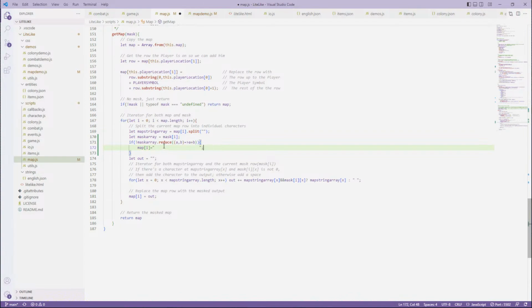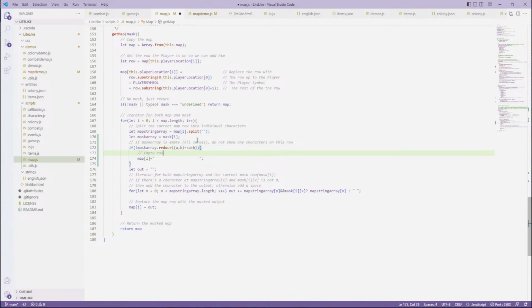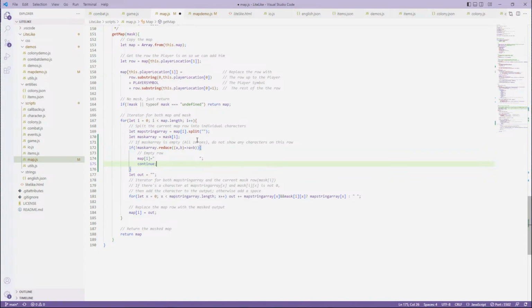So in this case, if mask array is empty, all zeros, do not show any characters on this row, empty row, and continue. There we go. So in this situation, the way we're doing it right now, we did not have to recombine that array,